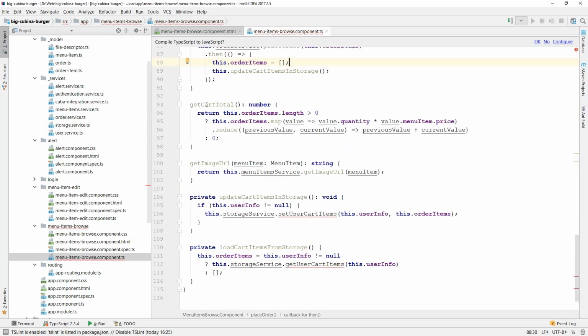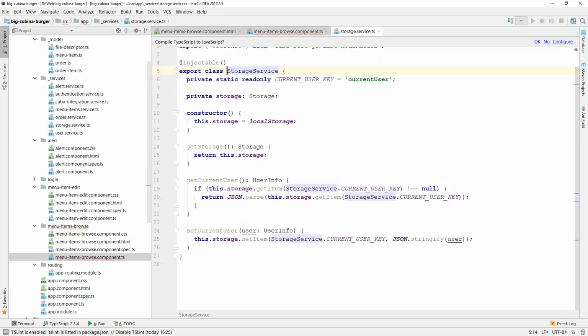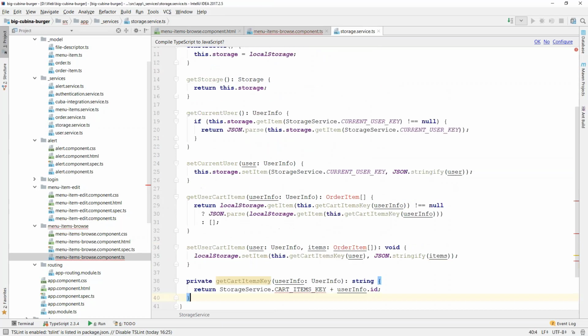Also, we have method which calculates total amount for all added order items, and we want to store this user card in the storage, and we need to implement this method. So open storage service and add the following methods.